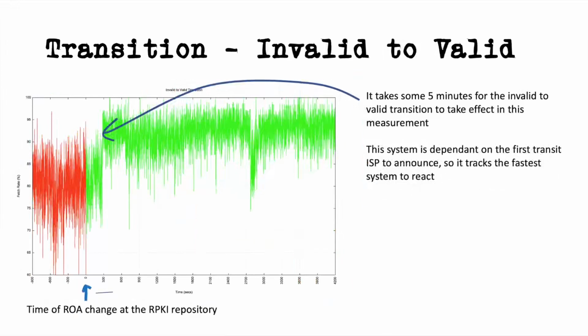Bad to good. Well, interestingly, bad to good, the first light to pop up in Anycast says we're good. As further Anycast lights pop up, it's up. So what you actually find now is the transition's a lot faster, but it's still not that quick. It's still 5 minutes. And this seems to be the average between the 2-minute polling times and the 10-minute polling times. That on the whole, the transit folk with 2-minute retransmit time eventually see it and make their changes. It propagates where they're. So around 5 minutes for a bad to good to take effect,